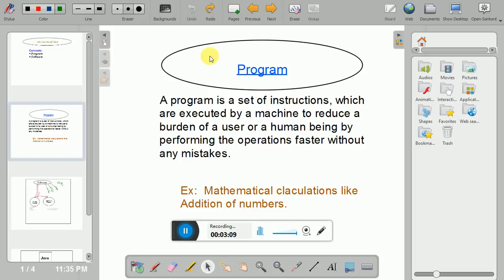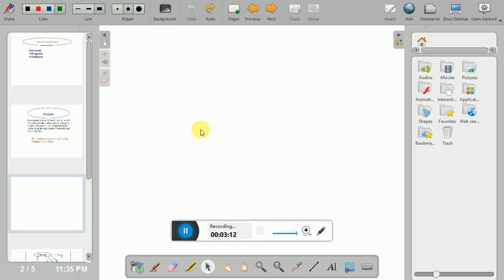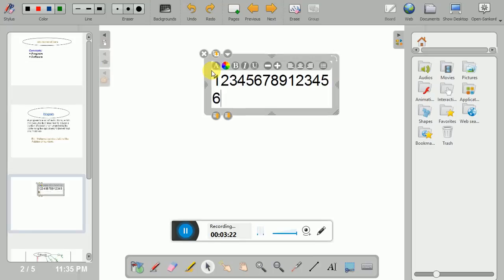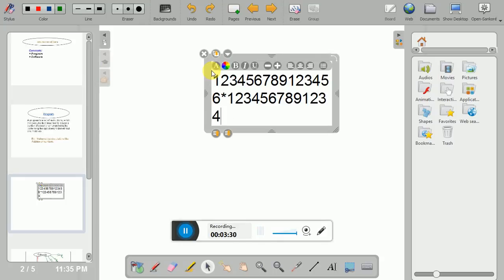For example, here I would like to explain one thing. Here 1, 2, 3, 4, 5, 6, 7, 8, 9, 1, 2, 3, 4, 5, 6, and now I am going to multiply this with 1, 2, 3, 4, 5, 6, 7, 8, 9, 1, 2, 3, 4, 5, 6. Can anyone guess the answer to this? Actually we can guess, but it will take much more time and we don't know whether it's a correct answer or not. So for that purpose we have one thing,